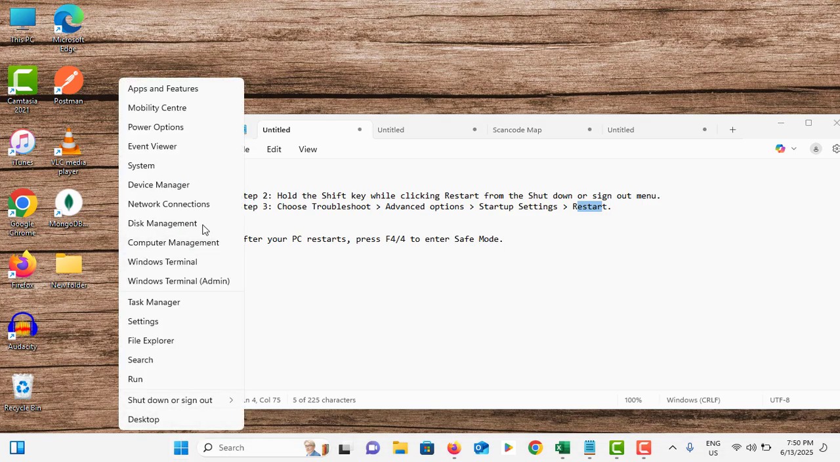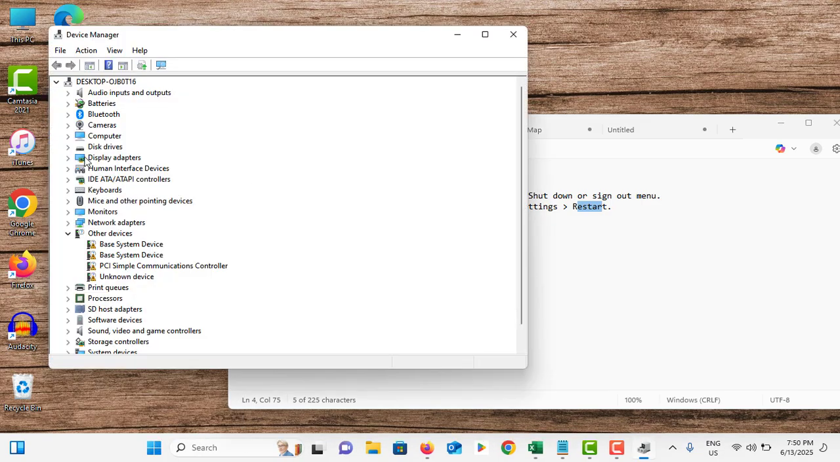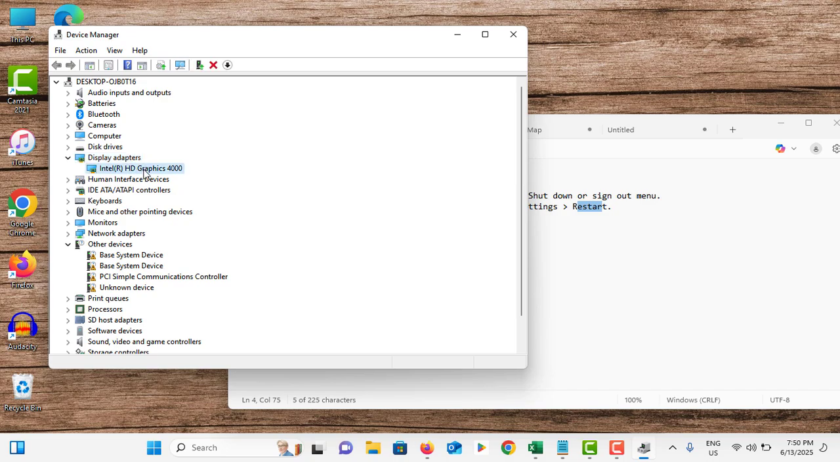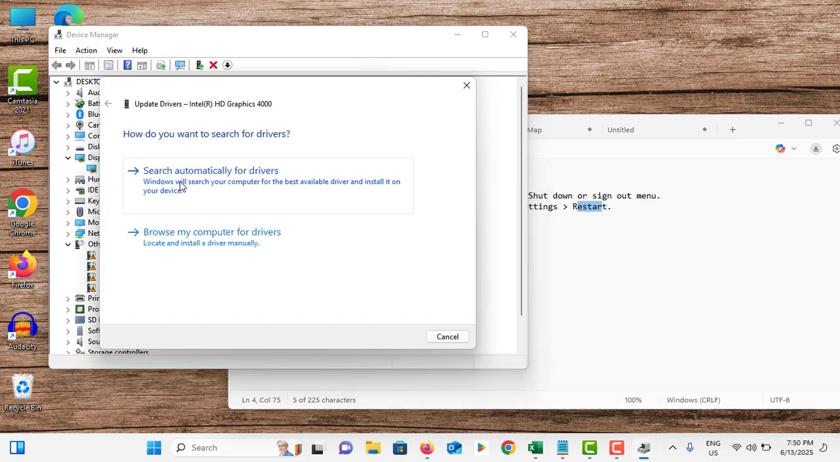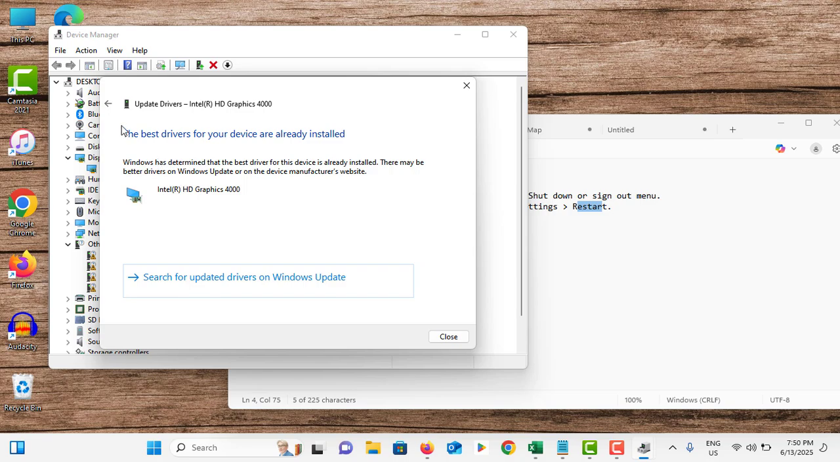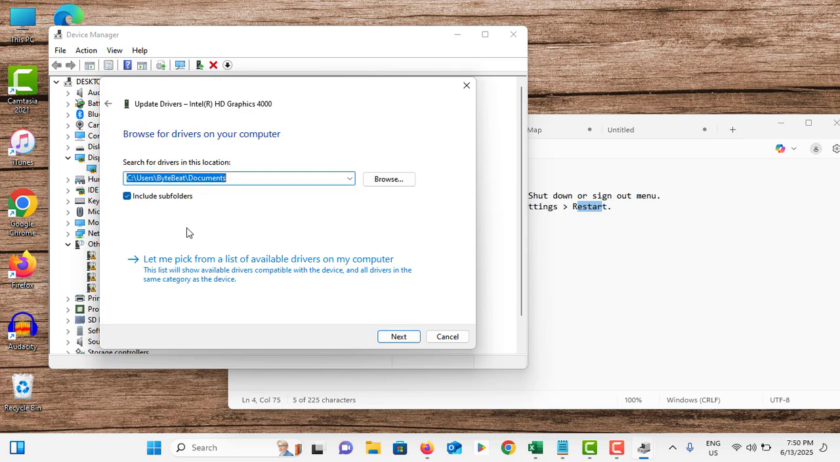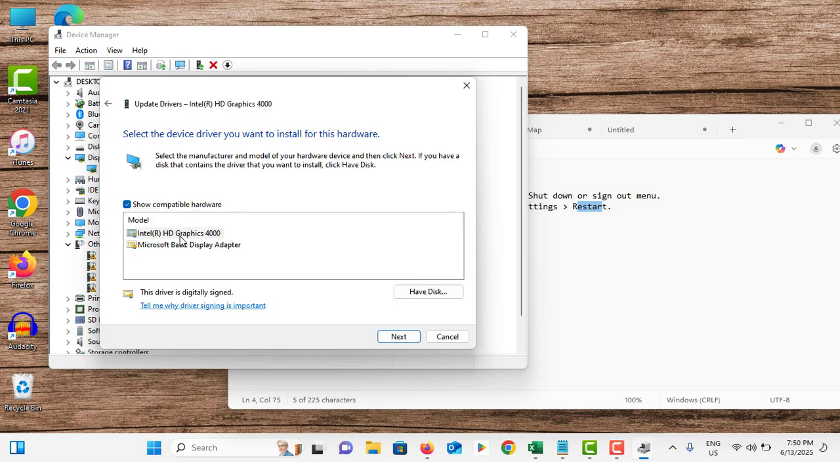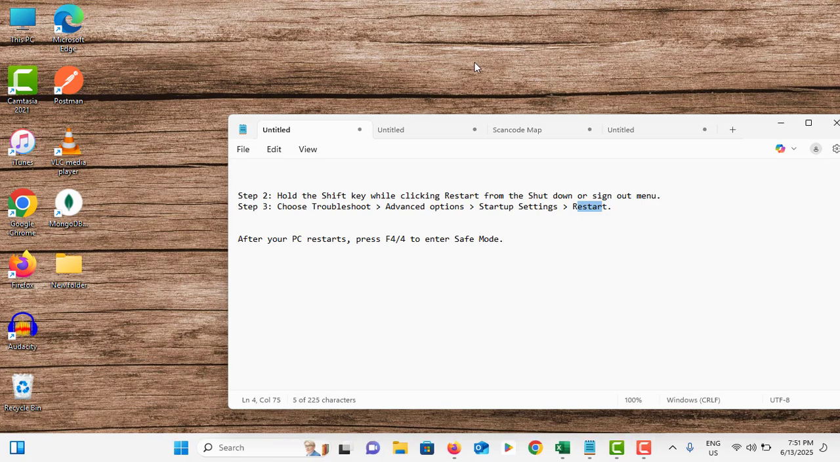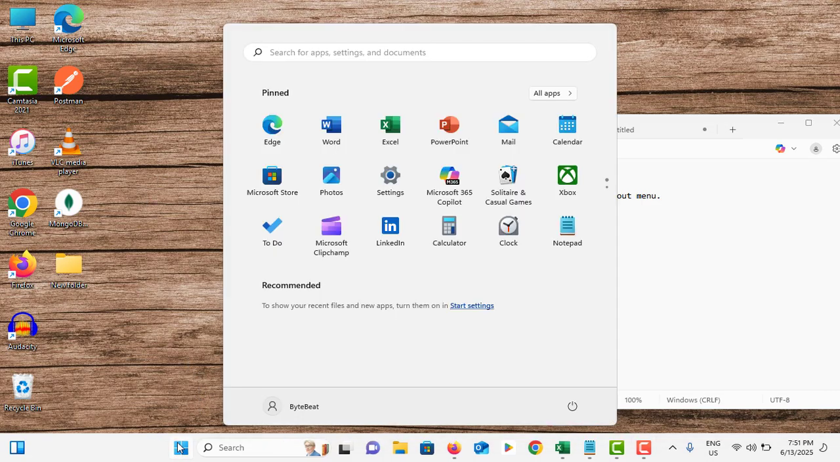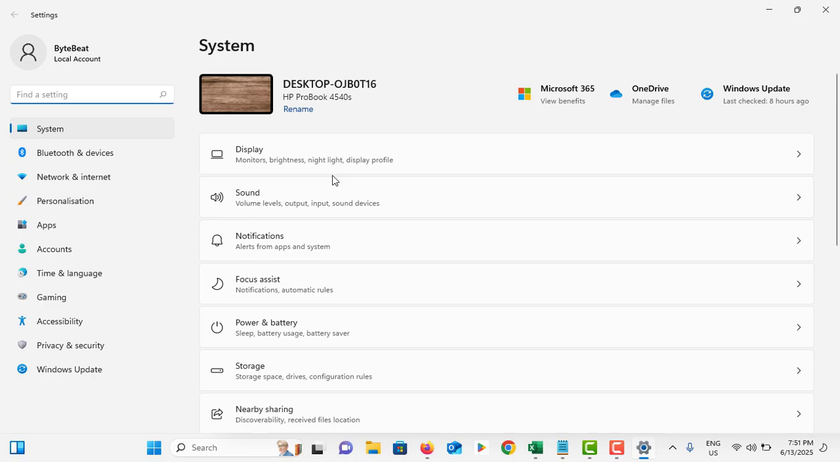Right click on your start menu, go to device manager, select your display adapters, select your graphic driver, right click on it, tap on update driver, tap on search automatically for drivers, and again go back, tap on browse my computer for drivers, select this one, select your existing driver, tap on next. Once it is done, you can close this, and again in safe mode, go to settings, go to Windows update,